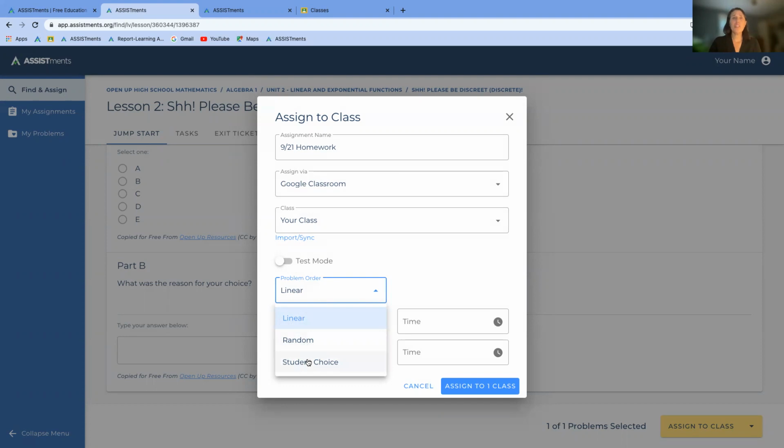And then student choice is actually going to deliver all the students all the problems at the same time, and the students can pick and choose the order that they want to work on the problems in. This resembles more of a state testing style if your state uses online testing. For today, I'll just choose linear, and then you have the option to set a release date or due date. You can leave those blank. Once I assign,